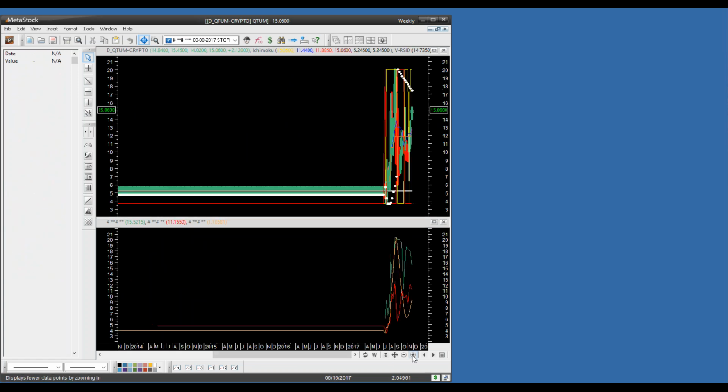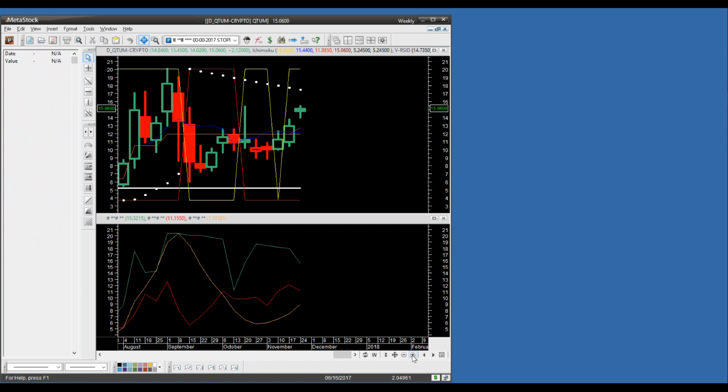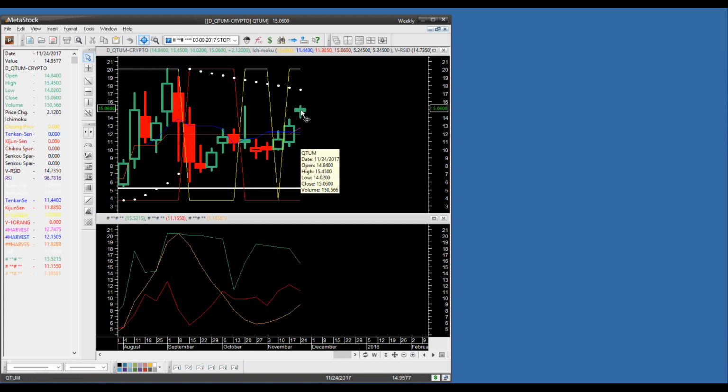All right, now the next chart is Quantum. Let's pull this up. As you can see here, the market exploded higher, got up to 15.45. You see we're still in that downtrend overall from a longer-term perspective, but the market is coming up off the bear market lows that were hit back on the week of September the 15th earlier this year. Market remains strong. All it needs to do is close above $12.15 to carry over a continuation pattern for bullish